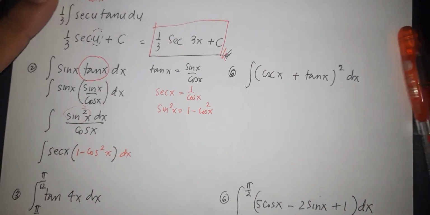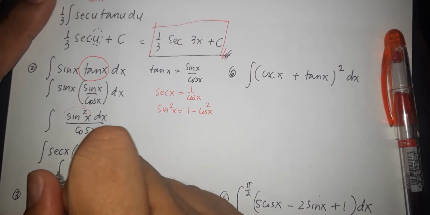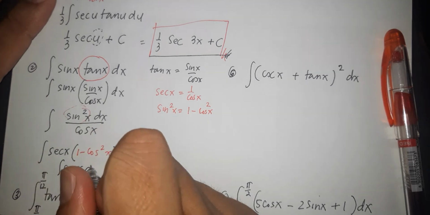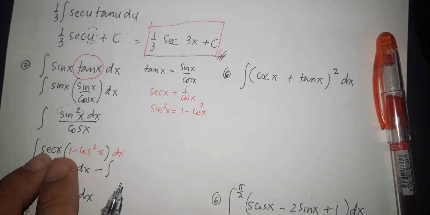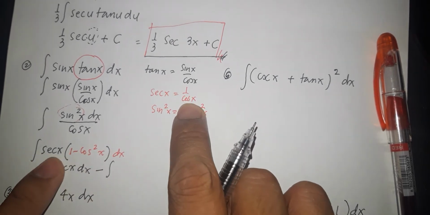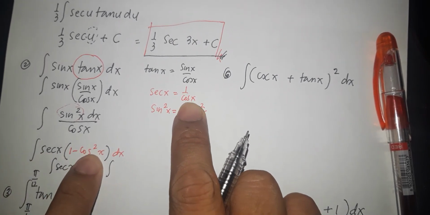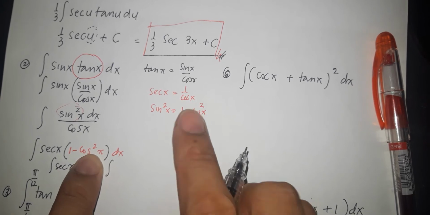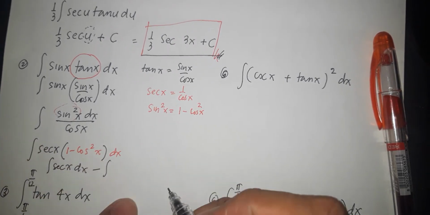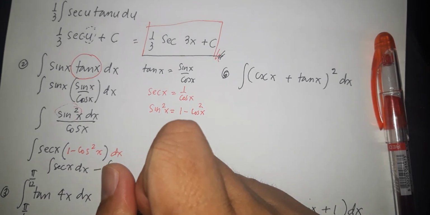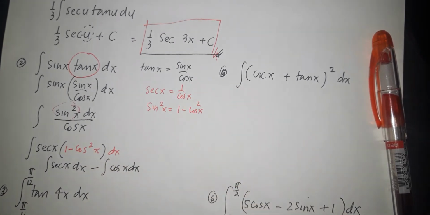Then now, we just have to simplify this, so that gives you integral of secant of x dx minus integral of, since reciprocal ng secant ay cosine, pag i-multiply ko siya kay cosine squared, matatanggal lang yung isang cosine niya. So, matitira na lang, secant times cosine squared is simply cosine of x dx. So, integrating,